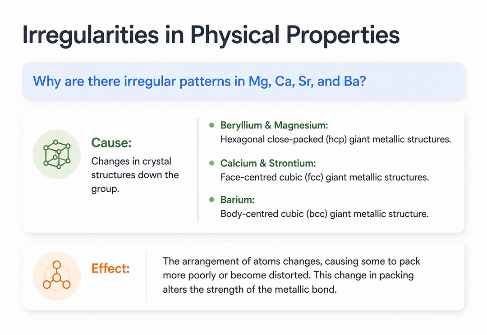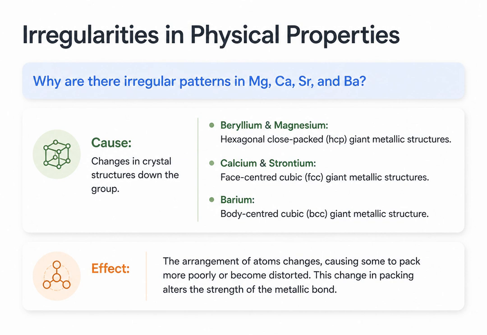These are caused by changes in the crystal structures of the metals. Beryllium and magnesium pack in a hexagonal close-packed structure, but calcium and strontium shift to a face-centered cubic structure, and barium uses a body-centered cubic structure. These shifts in how the atoms physically pack together create distortions that alter the strength of the metallic bonds, causing